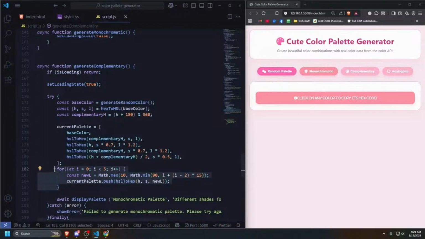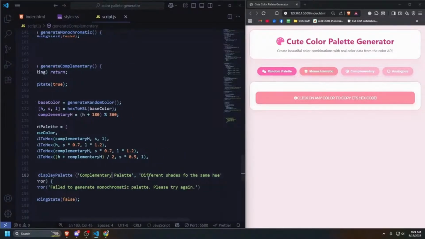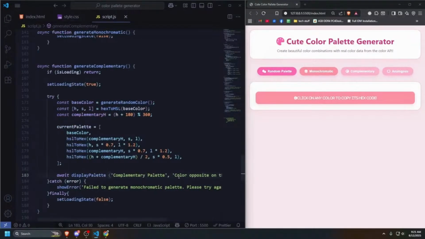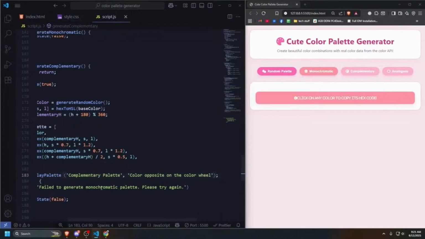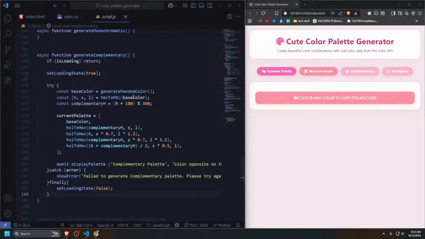And after doing all of that, we don't need the thing, and just await display palette, that will be complementary, obviously. And after that, I'm just gonna change to color opposite on the color wheel. There we go. And here I'm just gonna set the same, change that, and yeah, that should be fine. This is our function to generate the complementary. Now the last one is